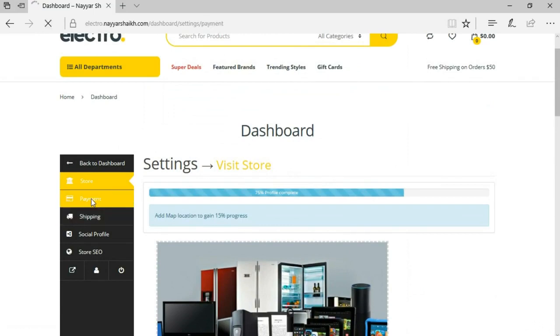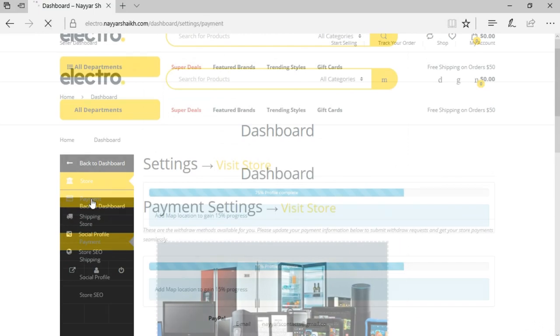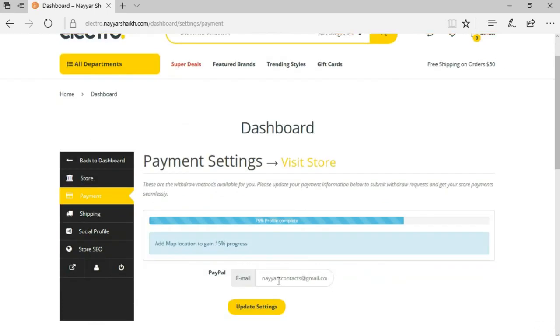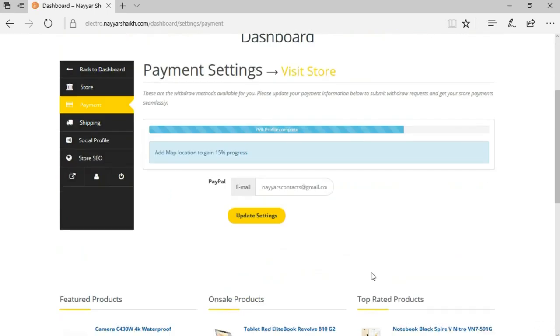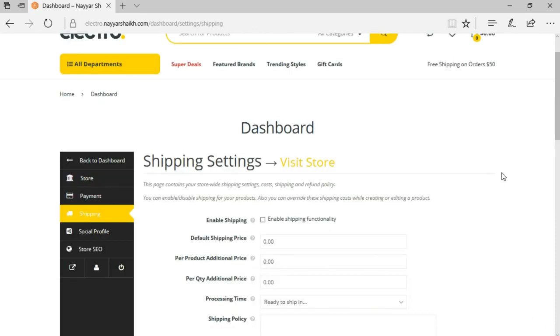Then we can also change the payment setting. Basically, if you want to change your PayPal email address, you can change it over here. And we also have bank transfer. We have not enabled that, that's why you're not seeing anything over here, but we can also use that option. You can transfer your money to the seller through bank transfer. Then we have shipping options. It's all up to you whether you want to enable the seller to control all the shipping, or you as the owner of the website want to control the shipping. We'll select these things later in this video.